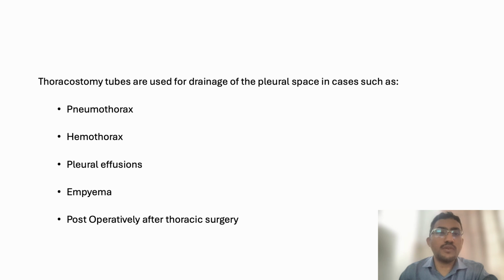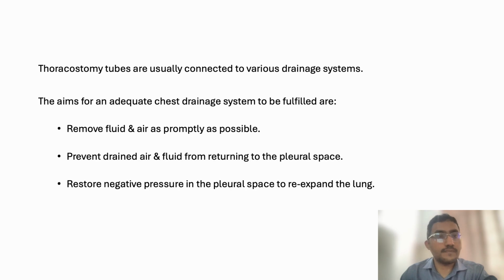And these tubes are used for drainage of the pleural space in a variety of cases, most commonly being a pneumothorax, a hemothorax, various etiologies of pleural effusion, empyema, and post-operatively after thoracic surgery, which is the most common indication in our setting. And these tubes are usually connected to various types of drainage systems, and these drainage systems vary and have evolved throughout the years to be more complex